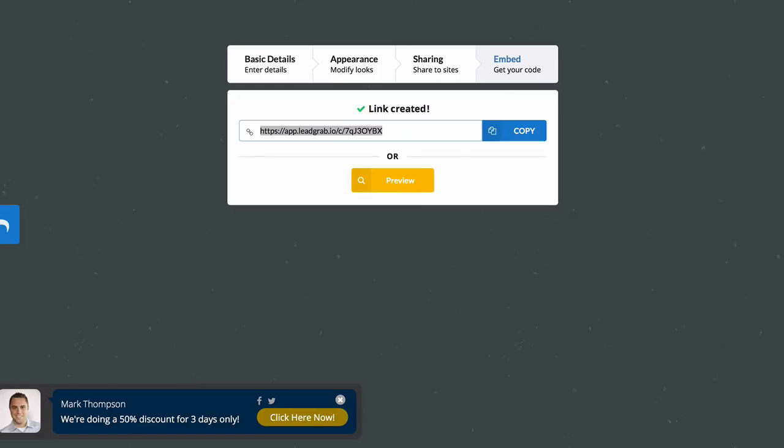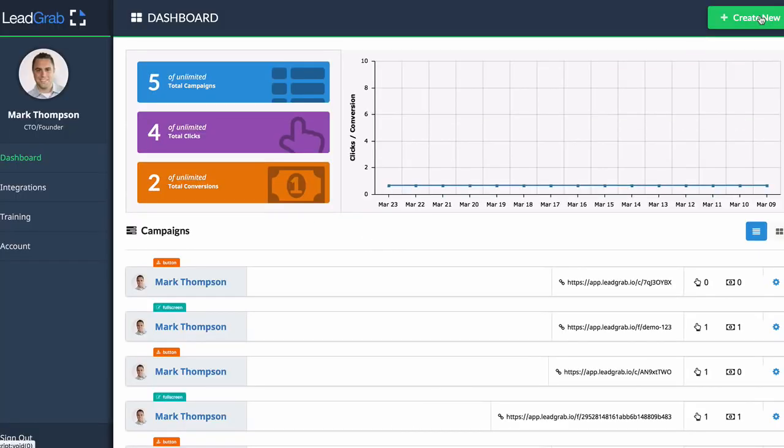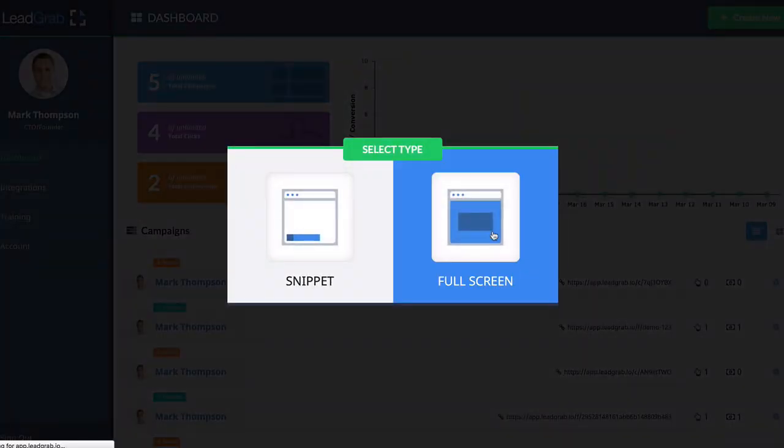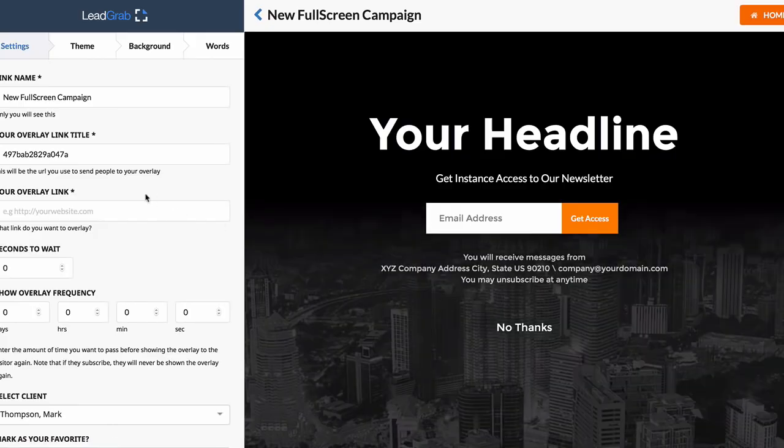Okay, so that's how easy it is to create a snippet type of lead grab. Now I'll show you guys the full page one as well. So if I click on Create New, go to Full Screen, you'll see that it's going to be the entire screen. Okay, so I can choose my unique URL, whatever I want this to be. So webinar sale or something like that, and then where I want this to go to. So I want this to go to, say,